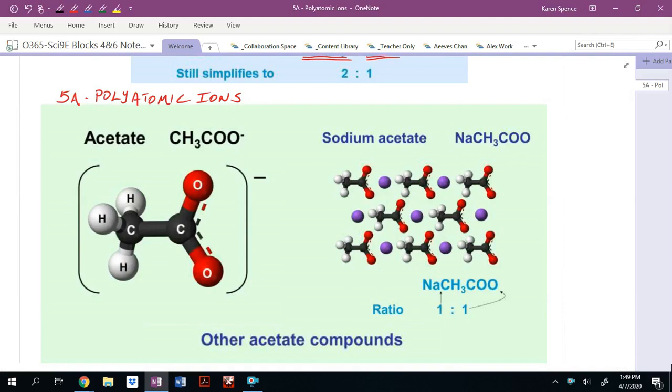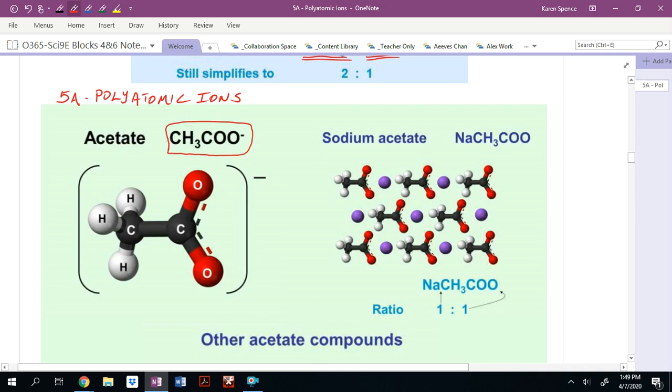This is Science 9 Enriched, and we are looking at some more polyatomic ions, just getting introduced to them. Today, the polyatomic ion we're going to look at is acetate. We'll be looking at others, but this is the one we're going to start with. Acetate has a funny formula. It is written as